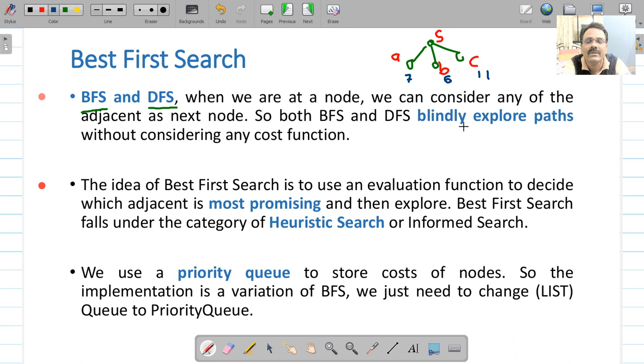So later on, if you find that A is better than your current best node, you can backtrack and visit node A again. So the idea of this algorithm is to use a heuristic function, that is, an evaluation function, and based on that it decides the most promising node and then explores it. Therefore it comes under the category of heuristic search algorithms.